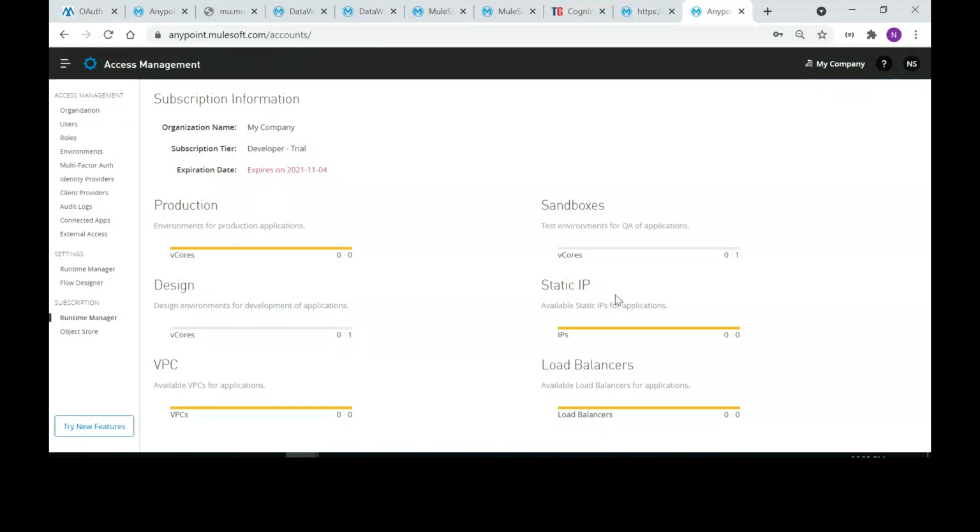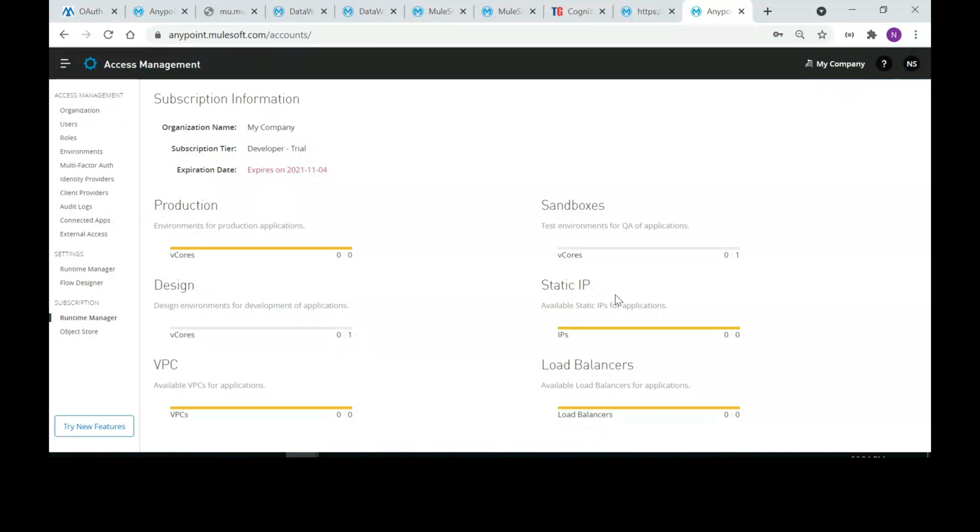And within that one execution group we will deploy multiple APIs or applications. That one execution group can be considered as one EC2 instance, or 0.1 vCore in the case of MuleSoft. 0.1 vCore is nothing but one EC2 instance, a micro instance.